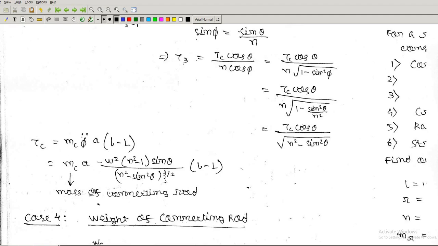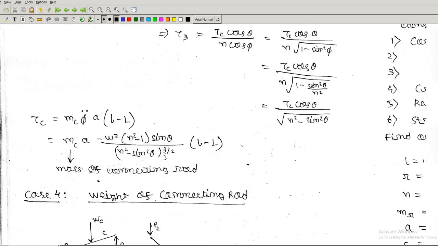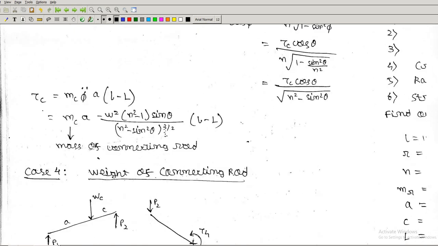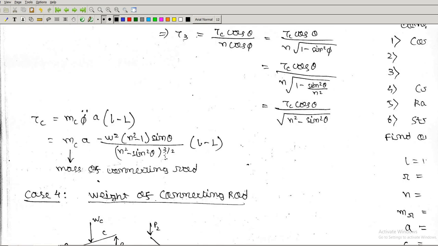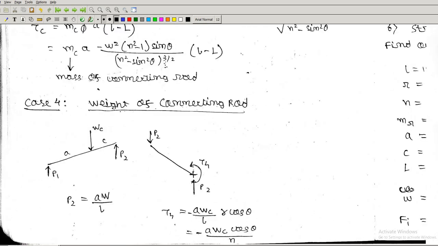This is the mass of the connecting rod. Phi double dot is the angular acceleration of the connecting rod. A is the distance between the small end and the center of mass of the connecting rod. Small l is the length of the connecting rod, and capital L is the distance of the center of percussion from the small end. So now this is actually Tc. Now put the value of Tc here to get T3,